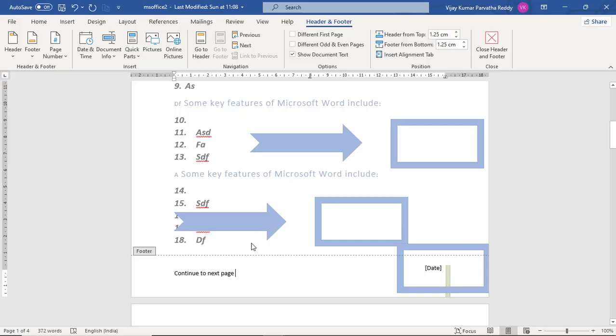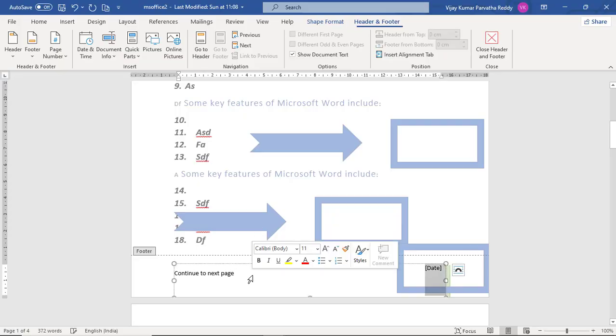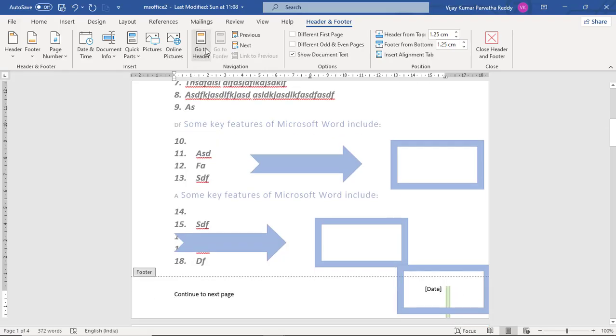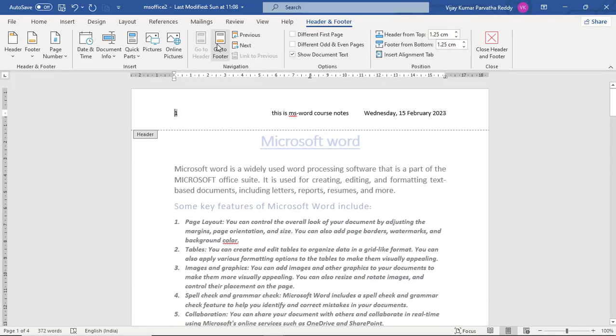And if you are in the footer section or header section, always this tab will be in highlighted mode. So you can go to header and go to footer. You can shift between header and footer like this.